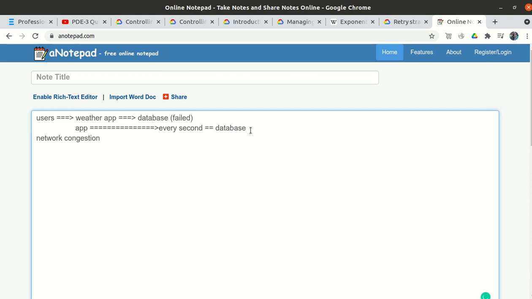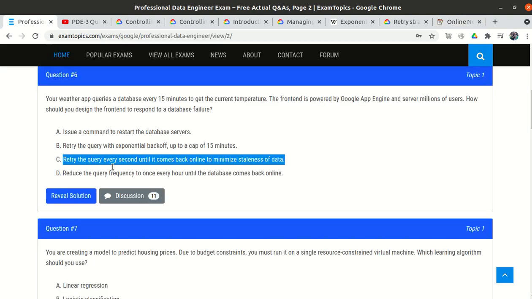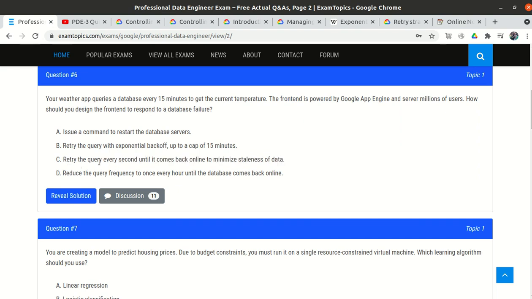So maybe we will stop the network, or create one more issue, right? So this will work, but it is not recommended to retry after every second, because this will create a network congestion problem.